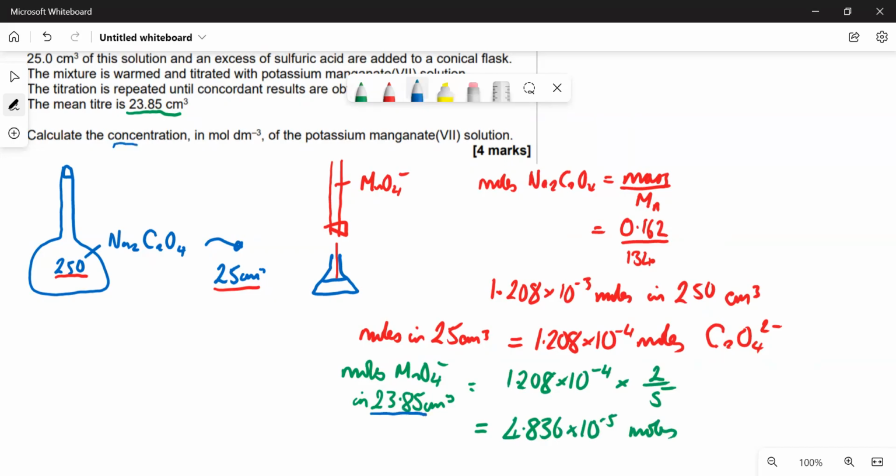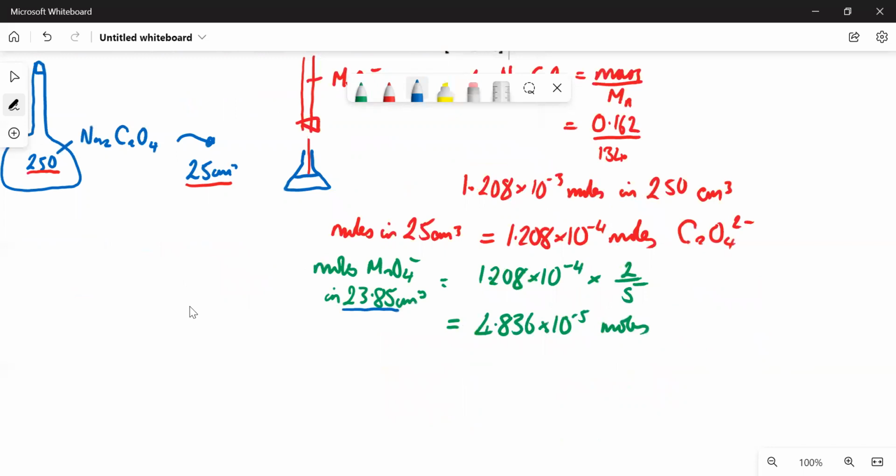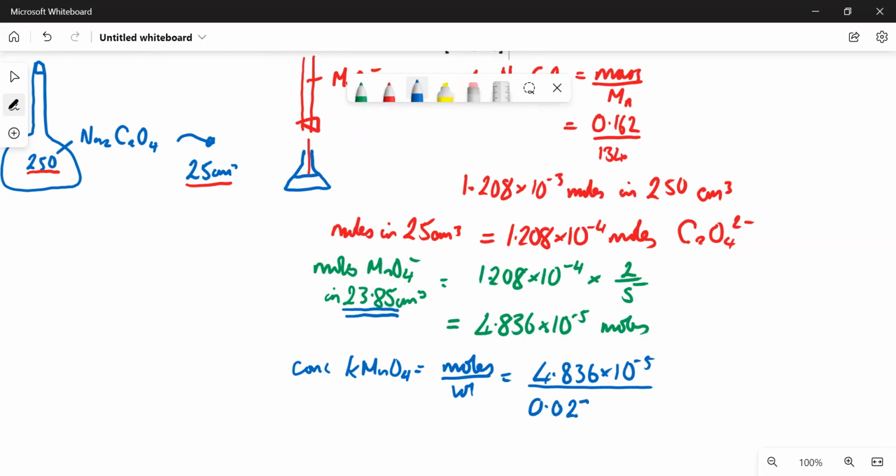We need to work out the concentration of the potassium permanganate. So we do moles divided by volume. Concentration of manganate is moles over volume: 4.836 times 10 to the minus 5 divided by this, and that's going to be in dm cubed, so that's going to be 0.02385. Got to divide it by 1,000 to put the centimeters cubed into dm cubed. We do that, we get a value of